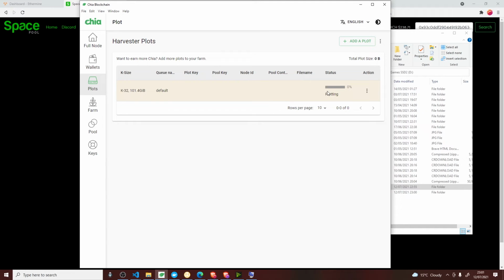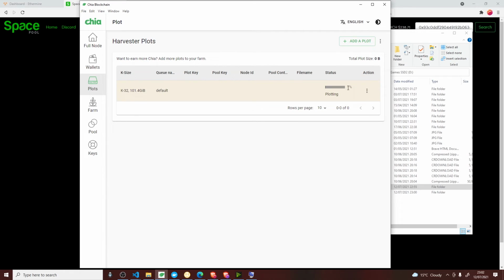There we go. Now it's plotting, and it will gradually go up. On my machine, I've not got the fastest CPU, and I've not got a huge amount of RAM, and I'm not using an NVMe drive. With my NVMe drive, it usually takes about 2 hours, between 2 hours and 2 hours 20, something like that. No, not 2 hours 20, 60 minutes is 120. So about 2 hours, 2 hours 1 minute is where I'm at the moment.